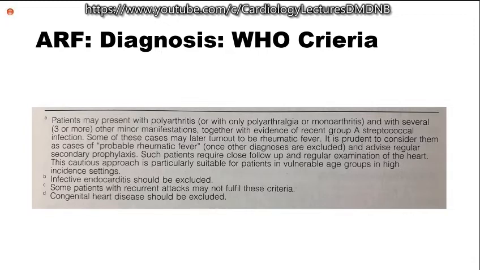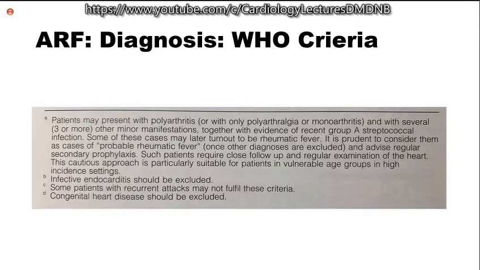Some patients with recurrent attacks may not fulfill these criteria. Without fulfilling these criteria, some patients can even have recurrence, especially insidious onset carditis. And always, when a very young patient of 2 or 3 years of age presents, before you diagnose acute rheumatic fever, you should always consider whether it could be a congenital heart disease. That also should be thought of, especially in a patient who is less than 3 years of age, coming with mitral regurgitation, where you are suspecting that it could be a rheumatic carditis.